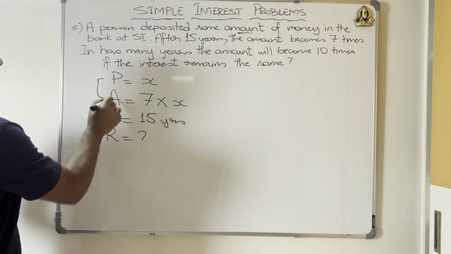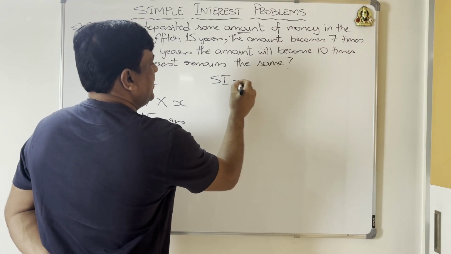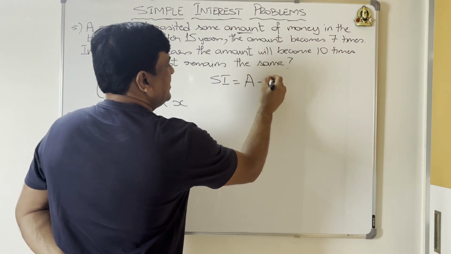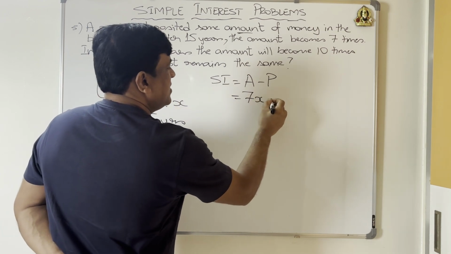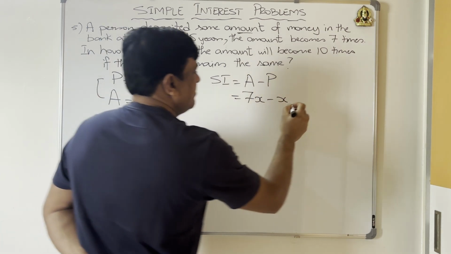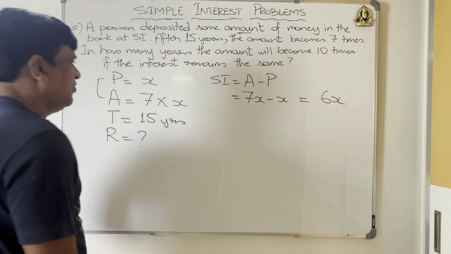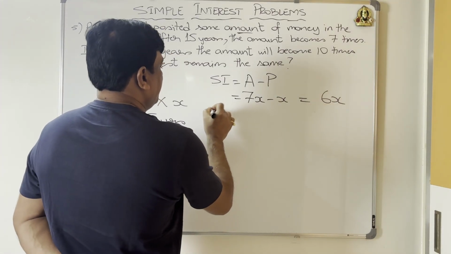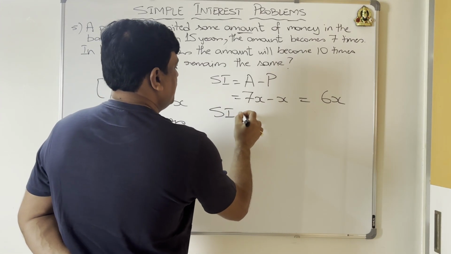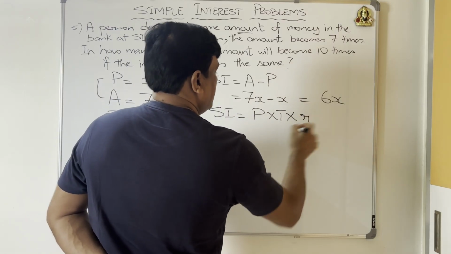With this information, what can you find out? You can find out the interest. What is the interest? Simple interest is always amount minus principal. So your amount is 7x and your principal is x. That means your simple interest is 6x. Leave it like that, in terms of x. Now, what is simple interest as per formula? We know that SI is equal to P into T into R